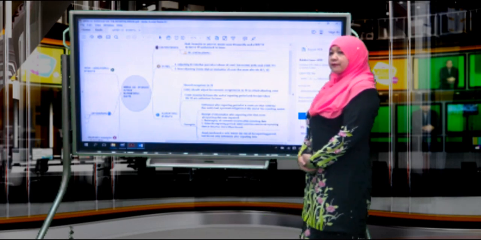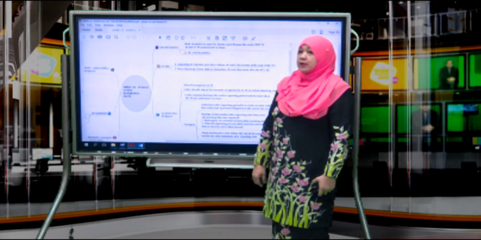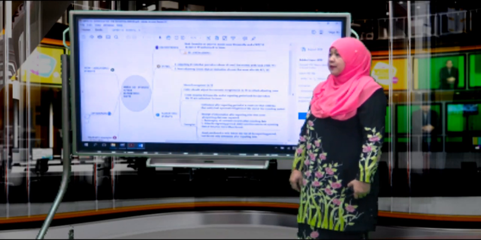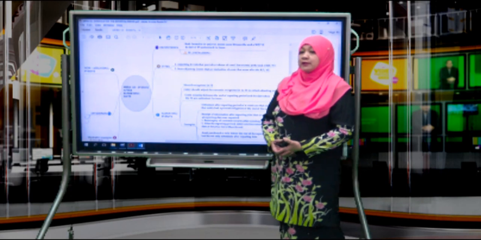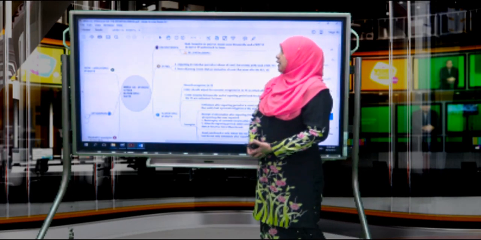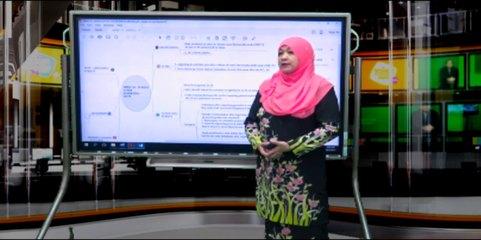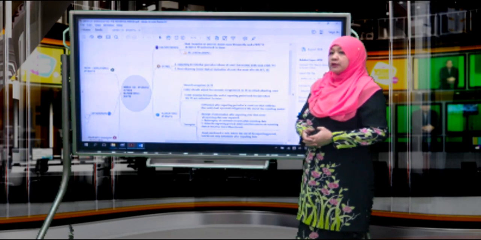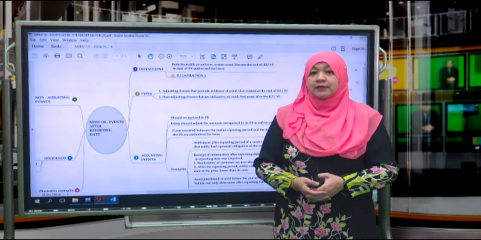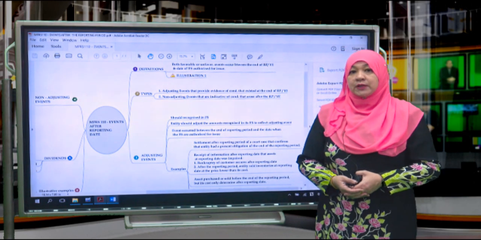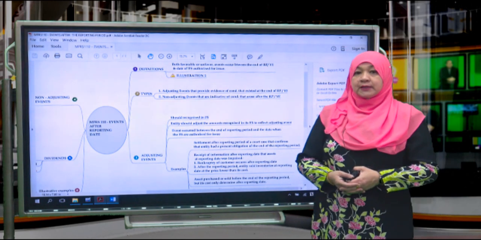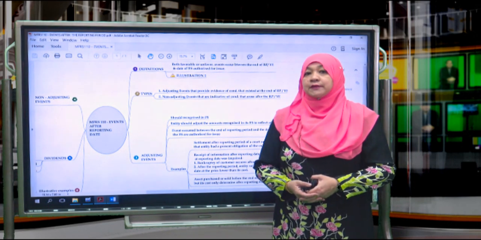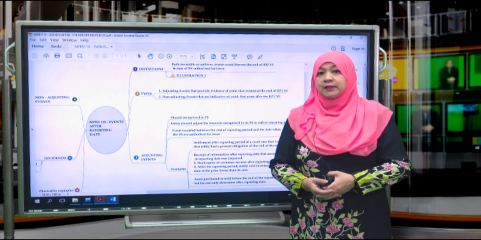Alright, so we begin with the definition in MFRS 110, which relates to both favorable and unfavorable events that occur between the end of the year end and the date the financial statements are authorized for issue. What this means is that if, let's say, a company's accounting year end is 31st December, then between 31st December of a particular year and a period about 2 to 3 months after the financial accounting year ends for that particular year,